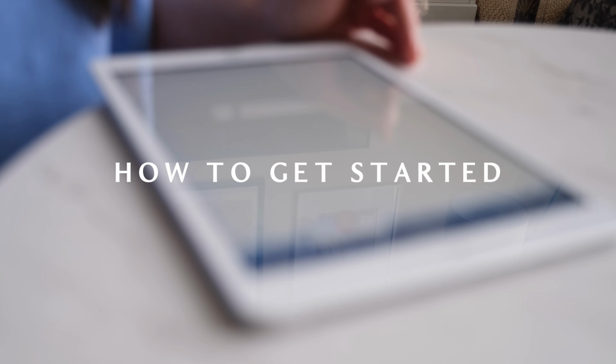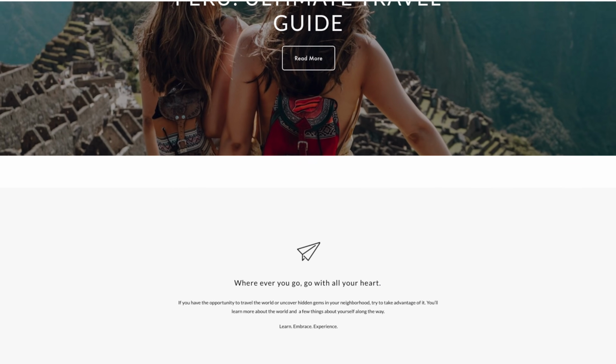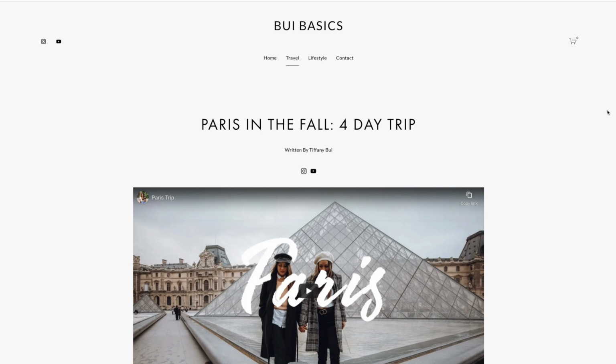Now let's get to the bulk of the wireframing process, which is how to exactly start. Usually when you start a wireframe, you have to ask yourself these two main questions. What is the end user's goal, and what functionalities are needed in this project or product? For the sake of this video, an example that I'm going to do is we're going to design a travel blog, which is my favorite. I love traveling, and I have a blog called Buoy Basics where I show you all my travels. So what better than to show you my process of wireframing a travel blog? All right, let's get started.